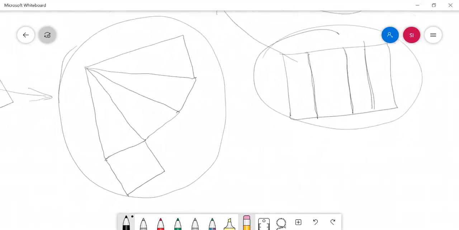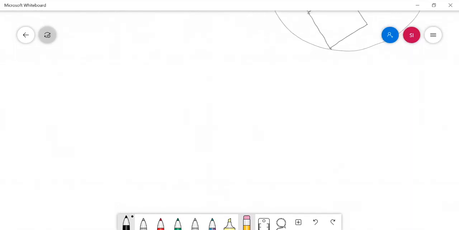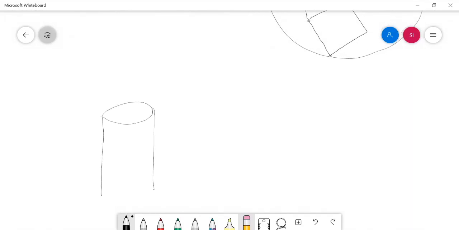When you uncover a cylinder, again you will get a flat rectangular shape.